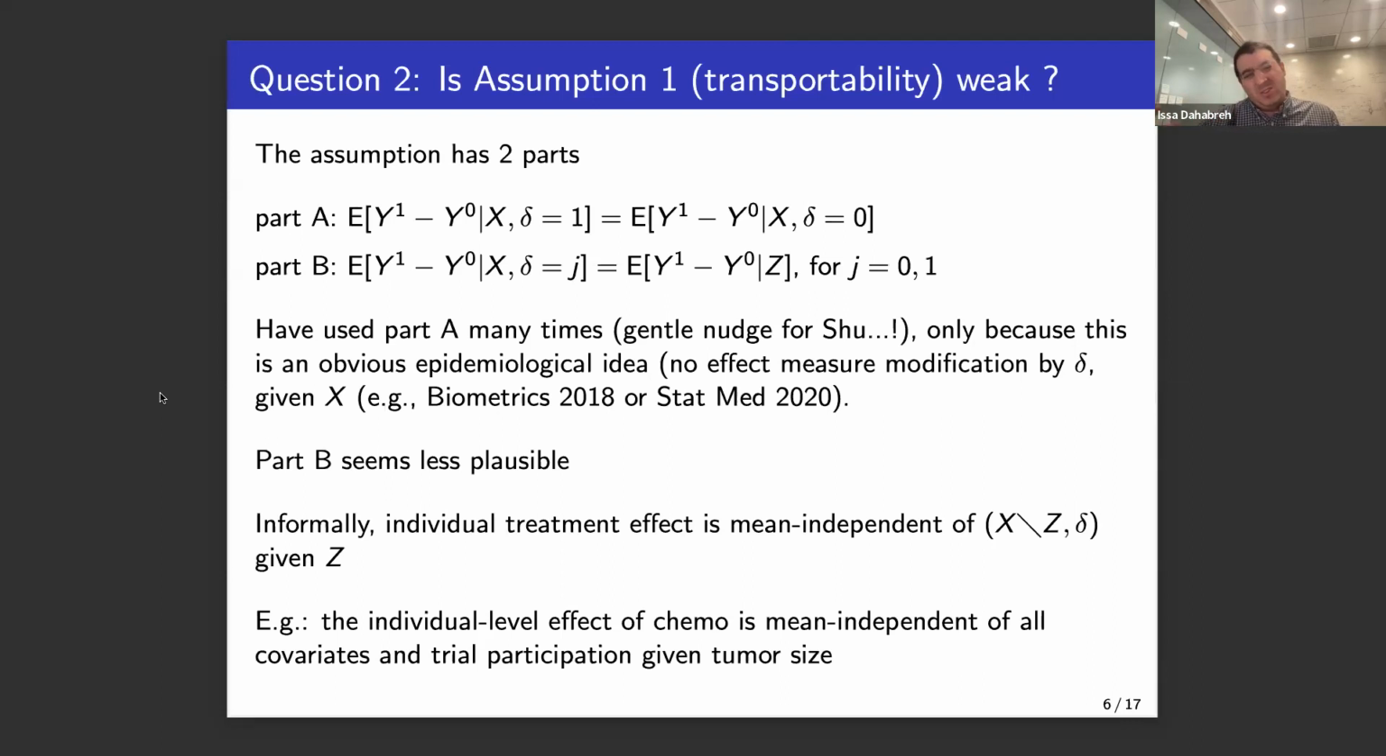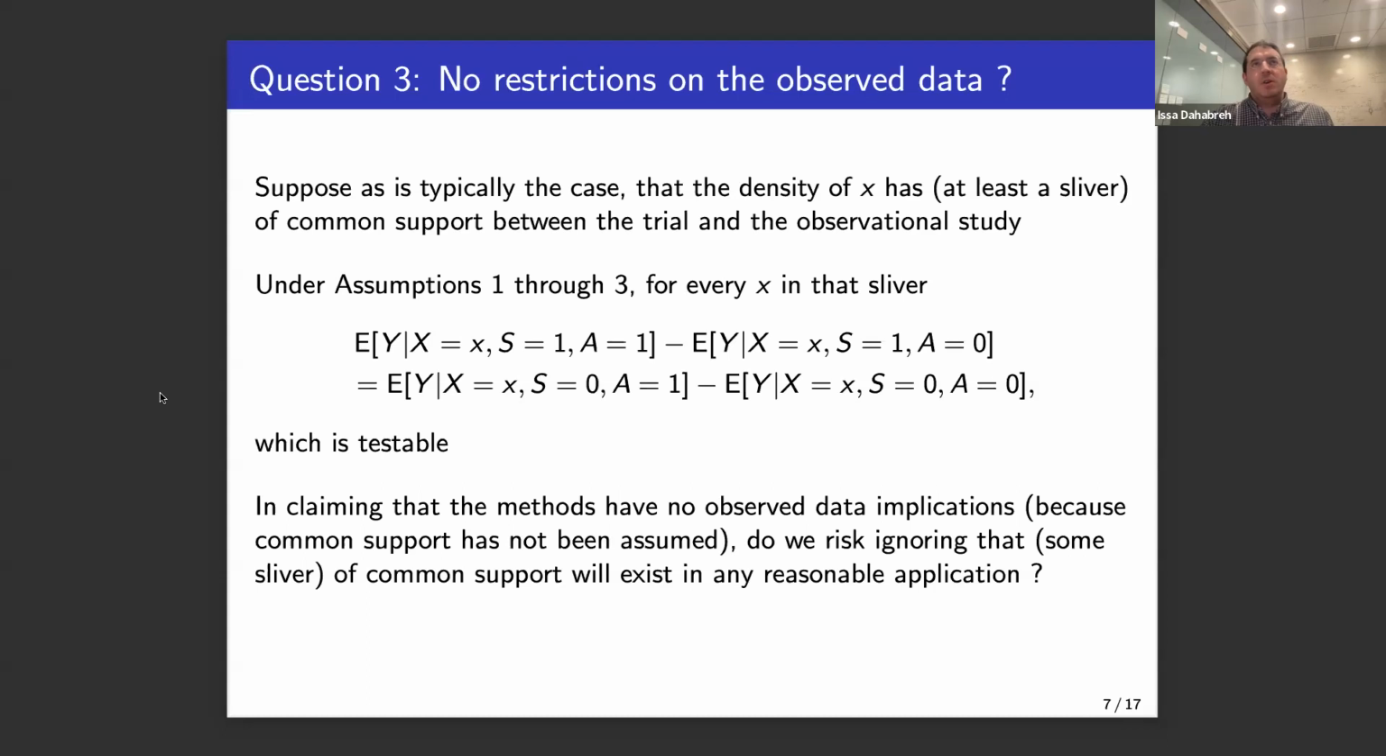It's, I think, an interesting question. But more to the point of the assumptions, the individual level effect of chemo, no one believes is mean independent of all covariates and trial participation given tumor size. It would be very strange, I think, to have the part B. Okay, now,